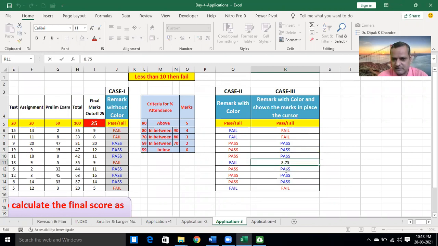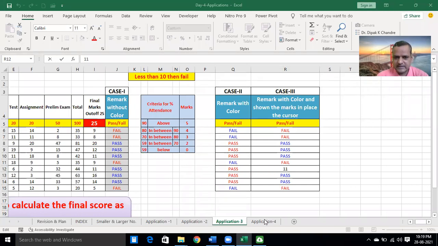See, instead of pass, the actual mark is shown in the cell itself. Is it understood? This part? Is it clear? Yes, sir. Yeah.